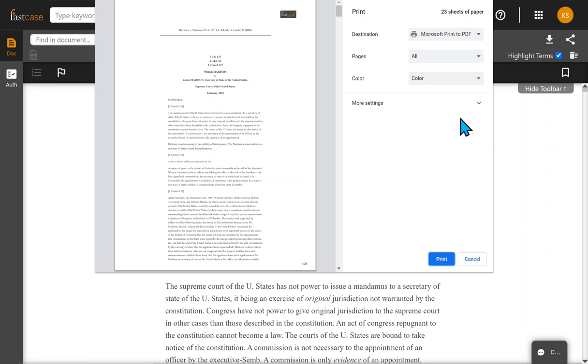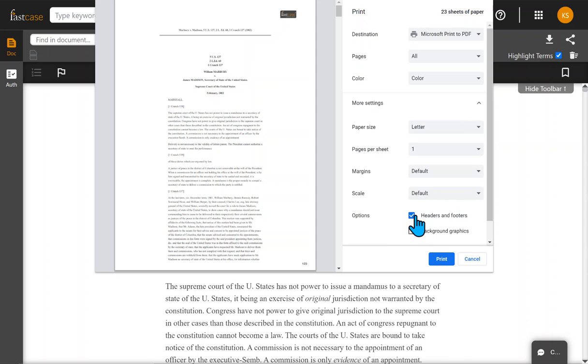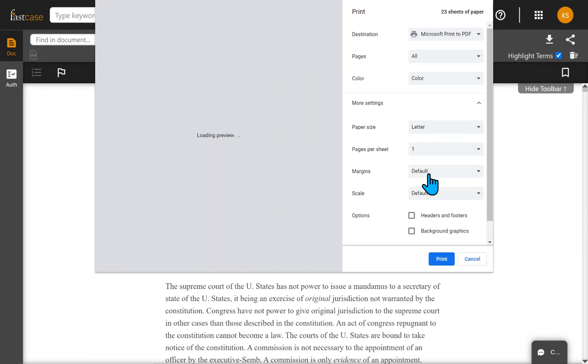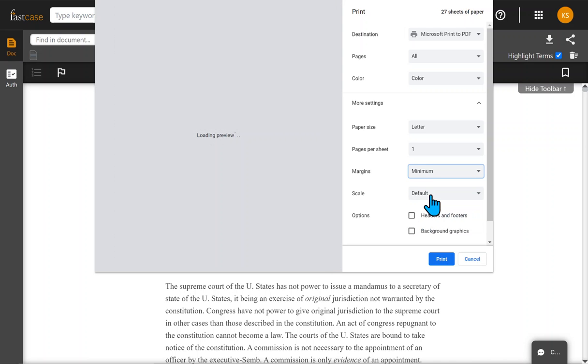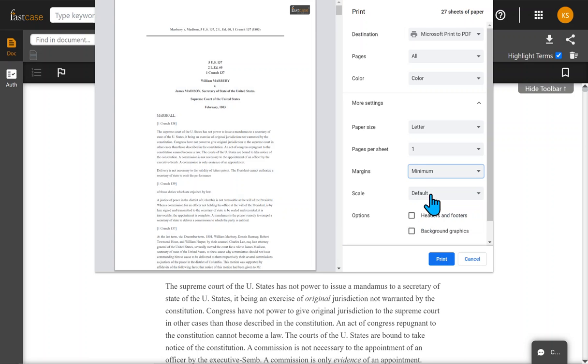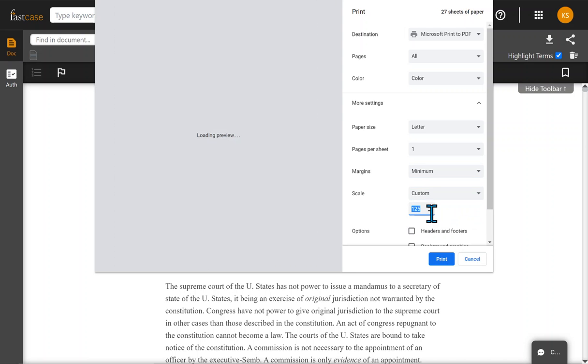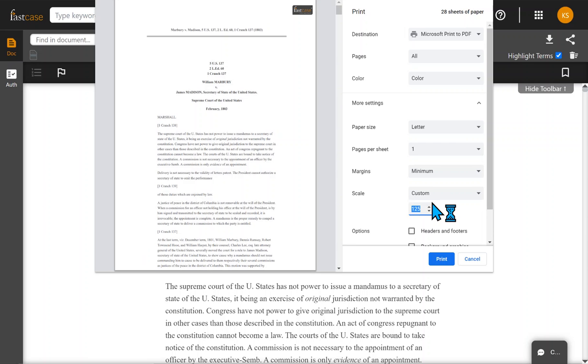So in this example, I'm looking at the print preview, and it looks kind of tiny. So I'm going to go to more settings and I'm just going to make my adjustments. I'll come over here and I'll make my margins minimal. I'll set my scale to custom. Let's do it to 125 in this example. And as you see here, by making those adjustments based upon my own print preferences, the text, of course,